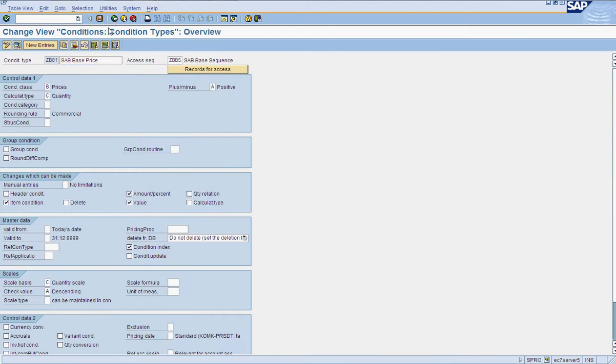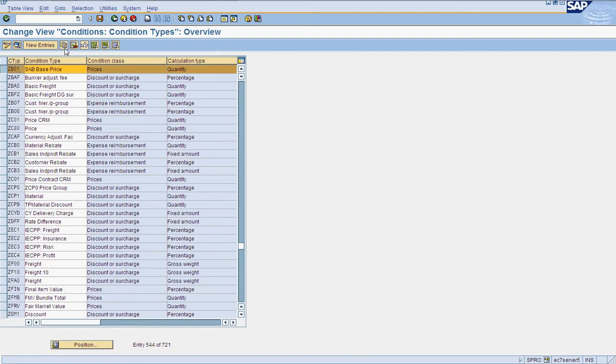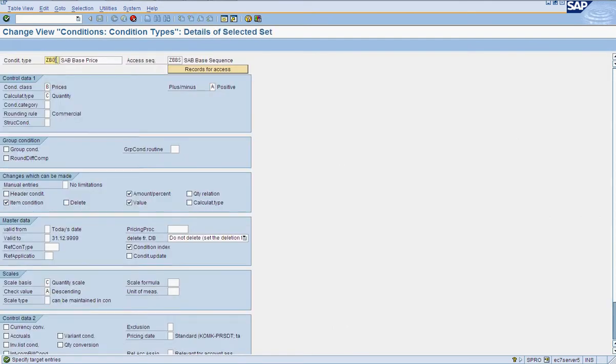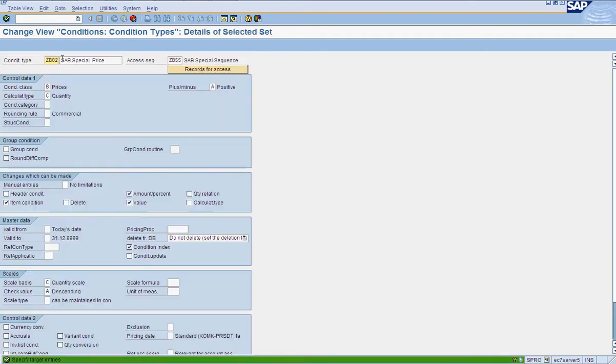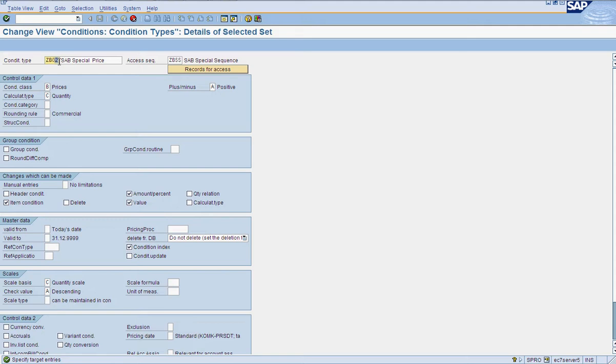Now let's copy this one and create new S2 condition special price, and we are giving the second access sequence. So rest all other things will be same. Then we have the third thing, that is manual price.